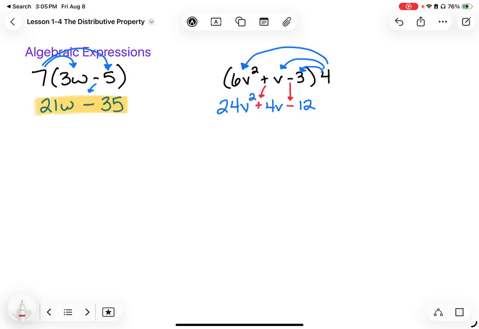Now here it kind of looks like we might be able to combine some terms because we've got two terms that have a v in them, 24v squared and 4v, but because one of them is squared and the other is not, those might as well be two totally different terms. Those cannot be combined. And so that's our final answer, 24v squared plus 4v minus 12. We cannot simplify this anymore. That is the complete final